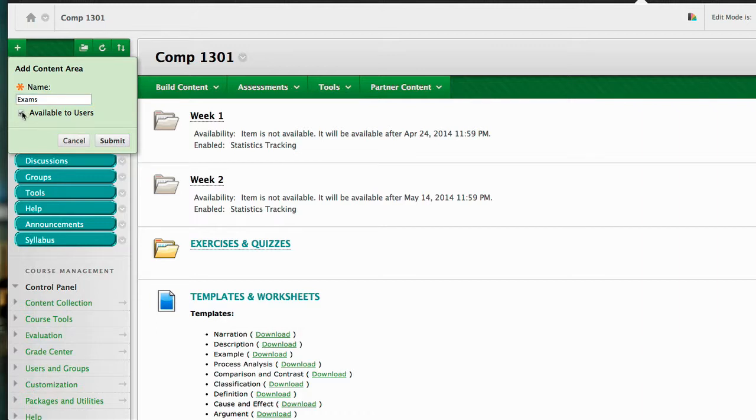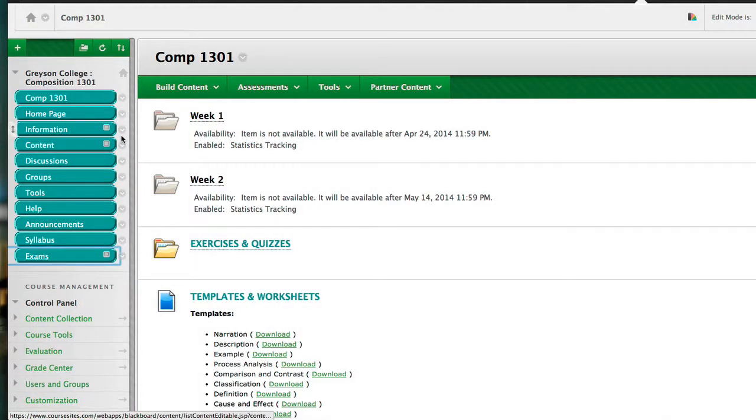And then I'm going to scroll up because you would expect that it would move it to the top, but at any rate, I'm going to place exams right under Comp 1301, and remember that used to be course materials. That's the default name for this content area whenever you install the course pack. So by clicking on exams, I can then go ahead and deploy the assessments that I want students to be